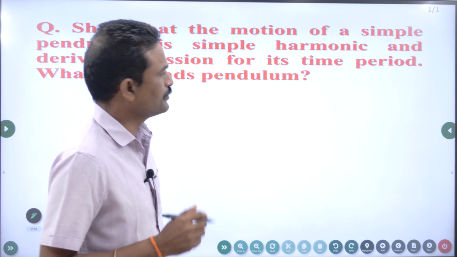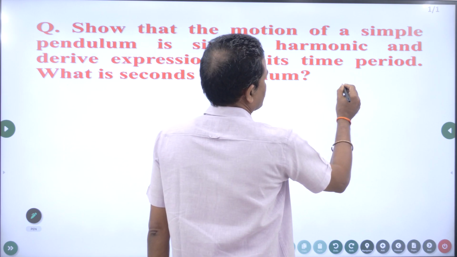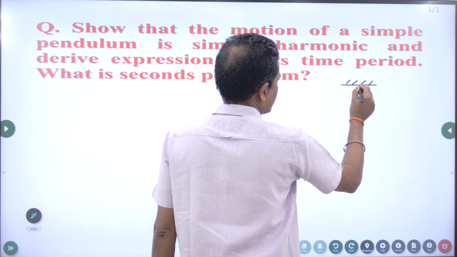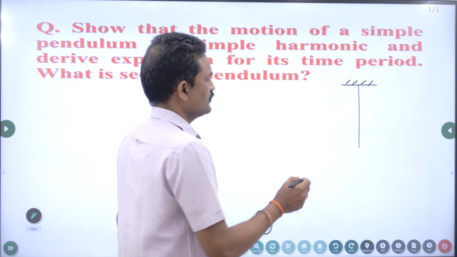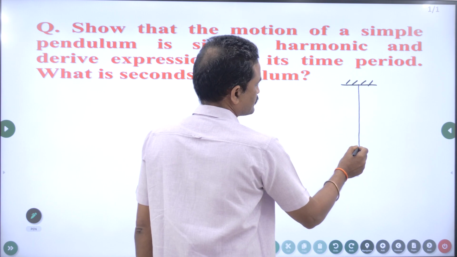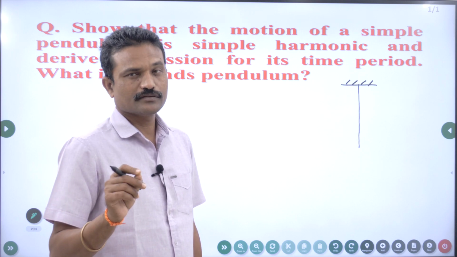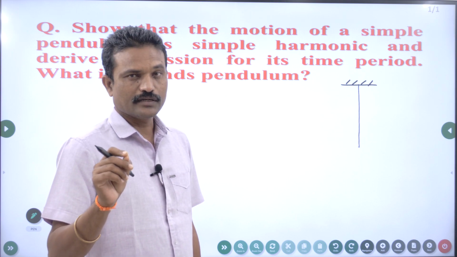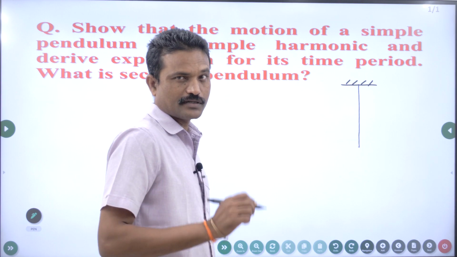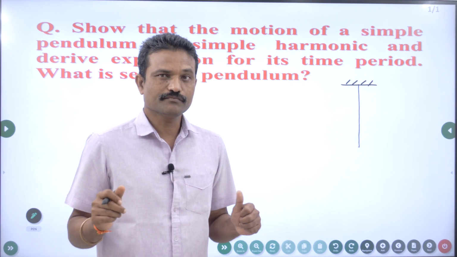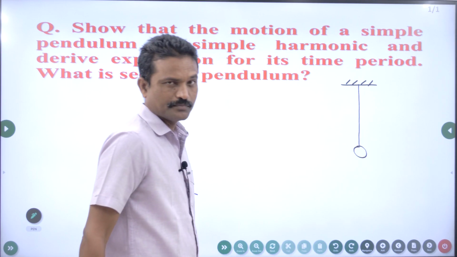Now, what is a simple pendulum? Simple pendulum is nothing but a swing. But we take an inextensible thread, torsionless thread, massless thread, to which we attach a point mass. But attaching a point mass is not possible. We don't have any object which is having mass and whose size is of point size. So instead of considering point mass, according to the definition, we have to attach a point mass, but we attach a bob. Bob is nothing but a sphere, a small bob.